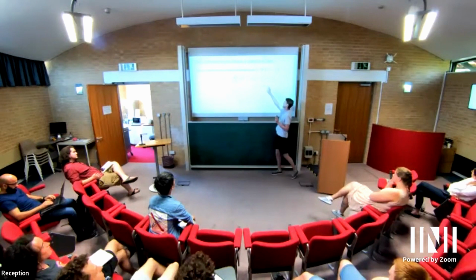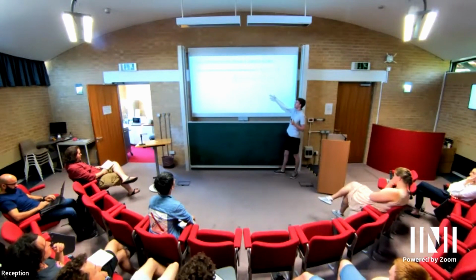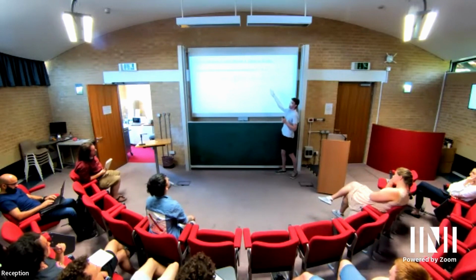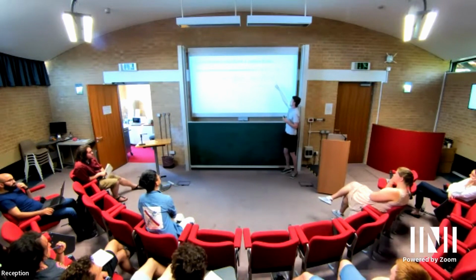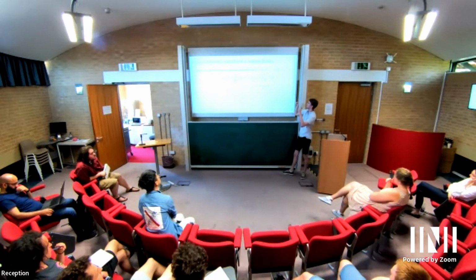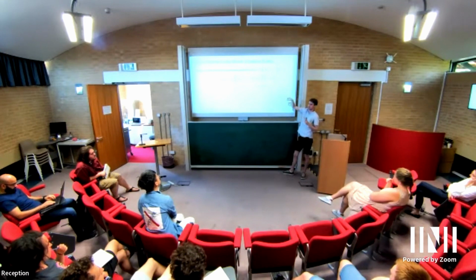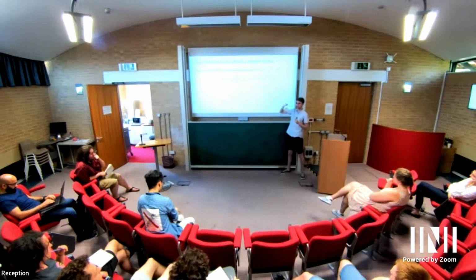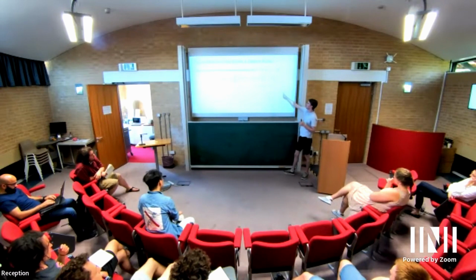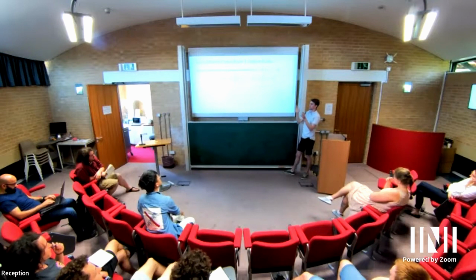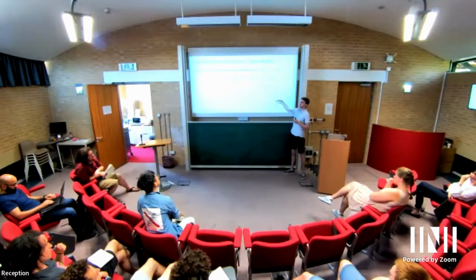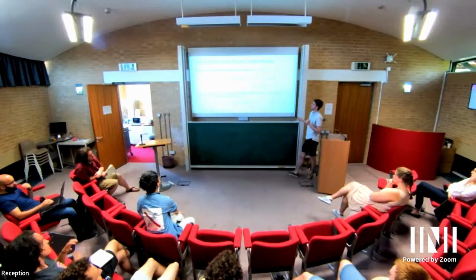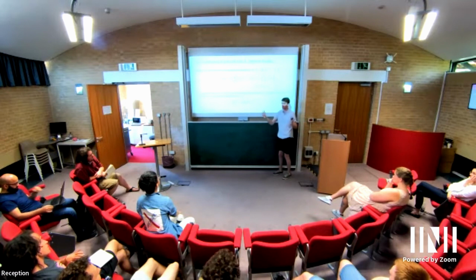But our theta i's, so our i-th parameter value, is given by i over n, where n is the number of samples that you want in total, multiplied by a generating vector. And then this bracket notation means that you just take the fractional part, which means that we are staying in the unit square. So all your points are just going to be in the unit square. And then this random shift here just moves your design a bit and keeps it within the unit square. This is maybe more for the convergence proof, and in practice may not be so necessary. And then the result of this is that for suitable functions,